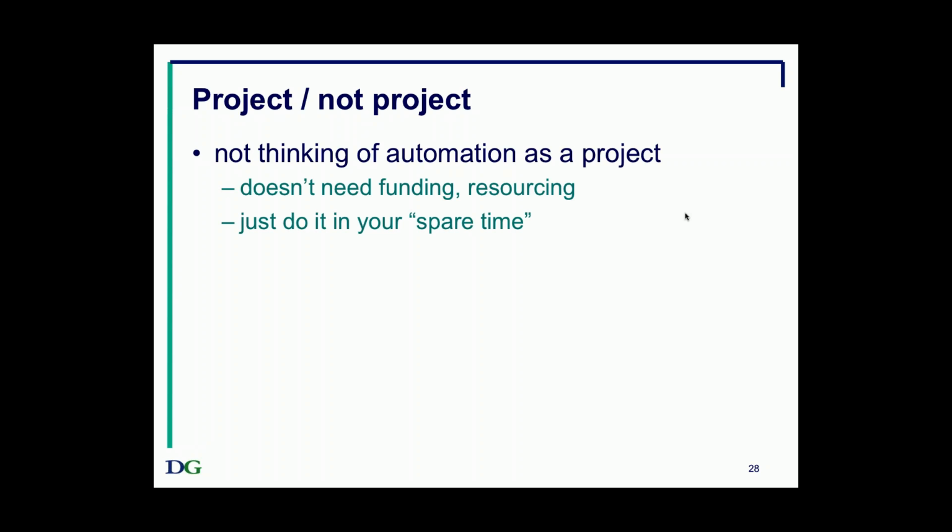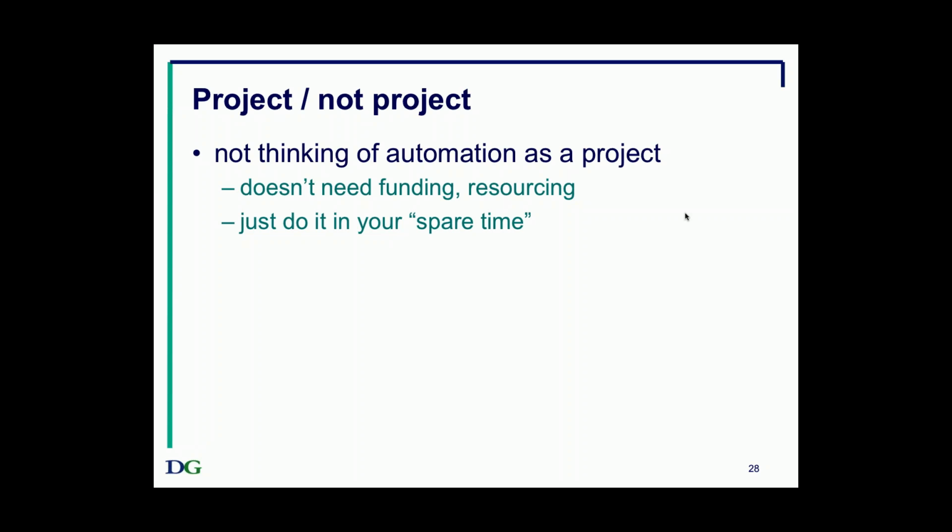Some organizations make space for exploring new things. I know Google had this half day, which I think is wonderful. It's in effect giving somebody half a day of spare time a week. But you know, the sorts of organizations that say do automation in your spare time are generally not the ones that give you any spare time. And you do need to have automation properly funded and resourced, otherwise it's not going to happen.